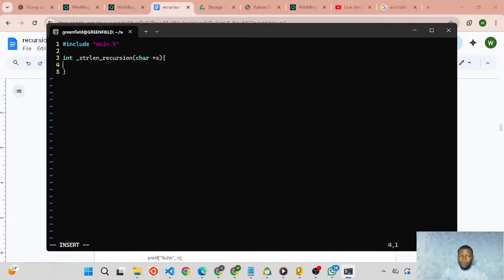First things first, especially when we don't want the function to unwind, we need to account for when it stops. So if this is the last,